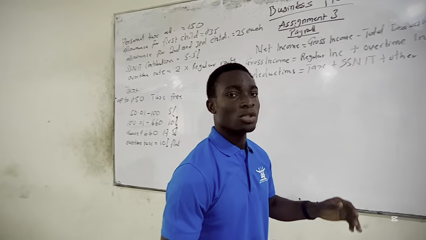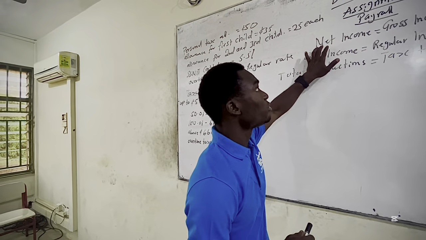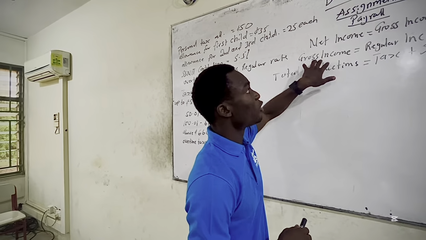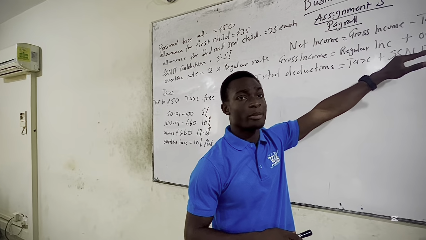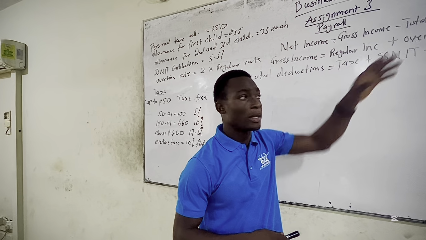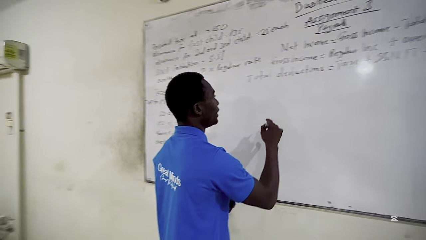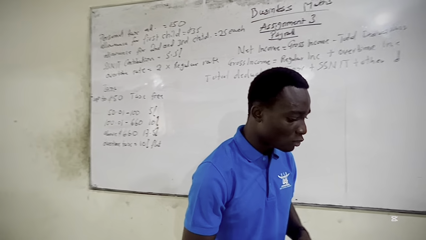Do you get it? So that means that if you want to find net income, first of all, we need to find gross income. And gross income is equal to regular income plus what? Overtime income. Then that means we need to first find regular income. So for the first person, who is Tanny,